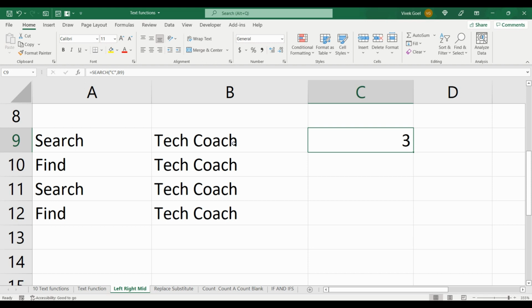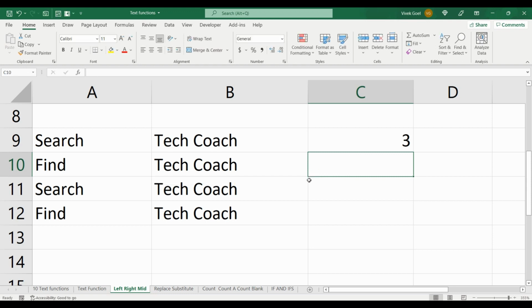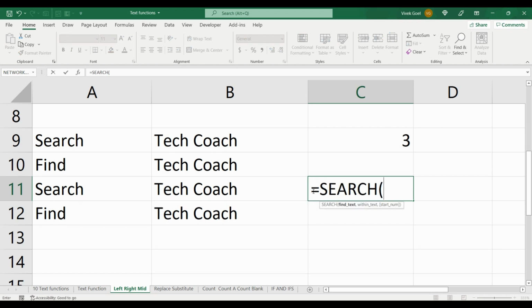It does not take into consideration case while searching. In fact, if you see the definition of search, it is explicitly mentioned that search is case insensitive. Search expects 3 parameters, 2 of which are mandatory. The first one is the text we want to find, and the second one is the string where we want to find our text. We have the third optional parameter which can help us change the starting position from where we want our search to begin.